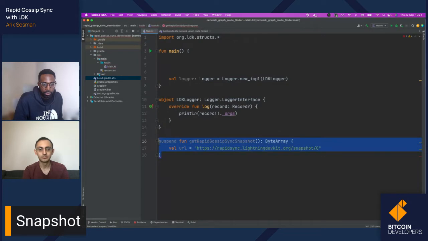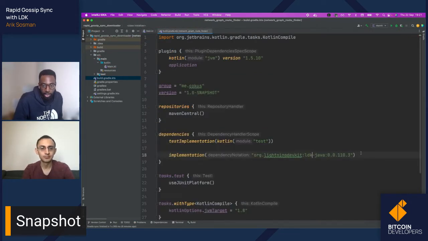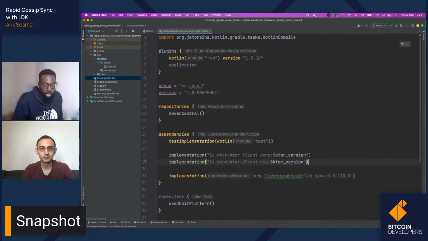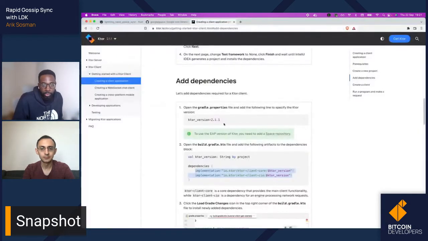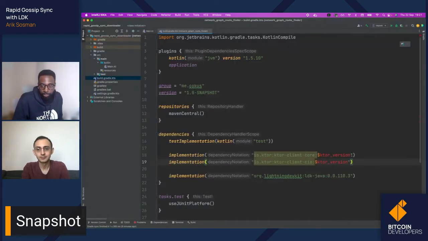Let's comment this out first because that's going to error since we've not returned anything yet. But we will add this as a dependency. I guess we need the latest version here, 2.1.1. Let's build our project again.